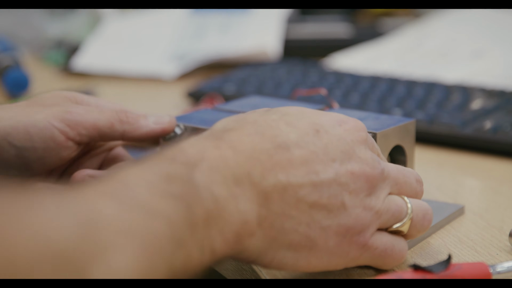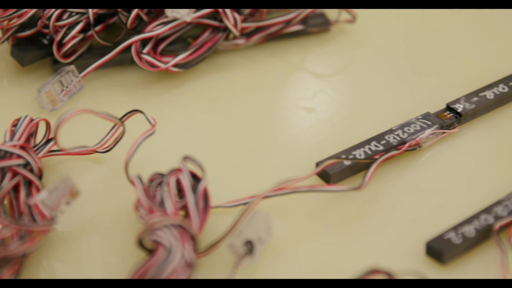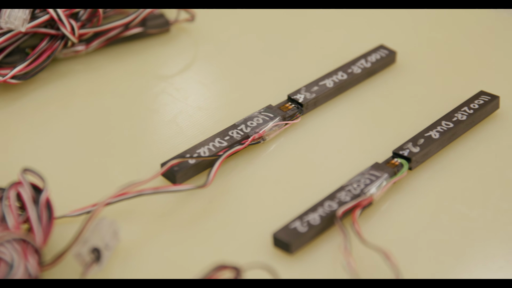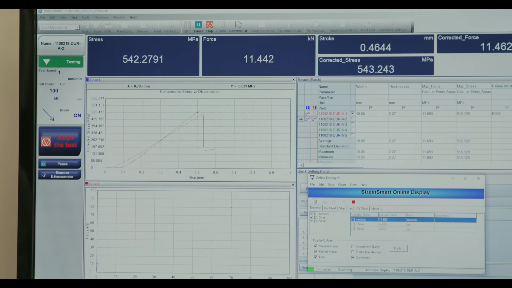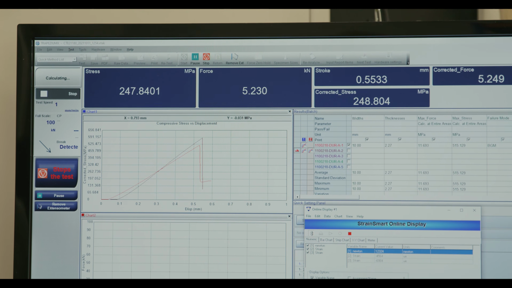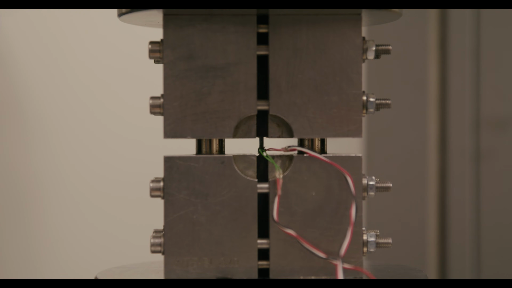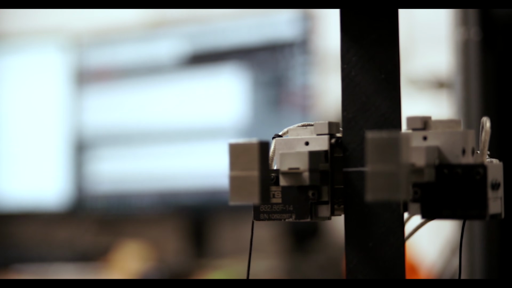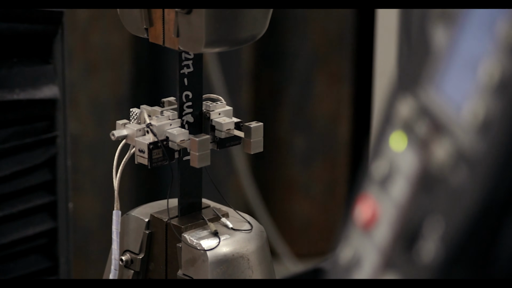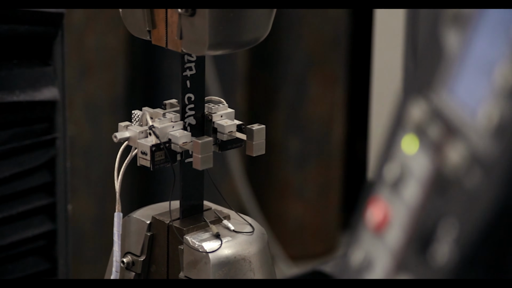Now I was speaking with the people from CTE and they were saying they measure two main parameters. They measure the stress and the strain. They do this by measuring the load put on the material, and they measure the strain by using extensometers. And they do this all the way up until failure.